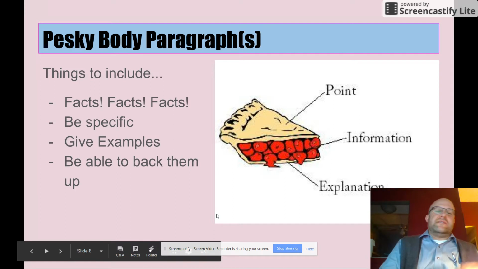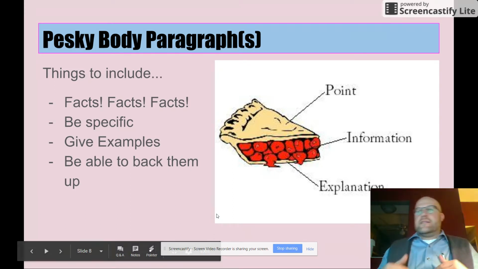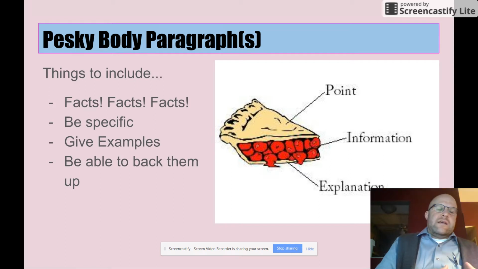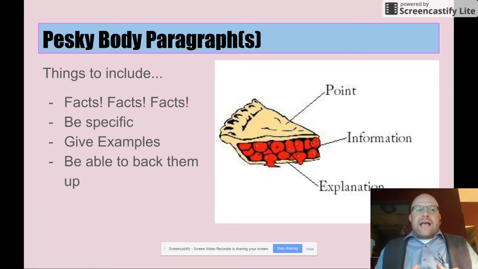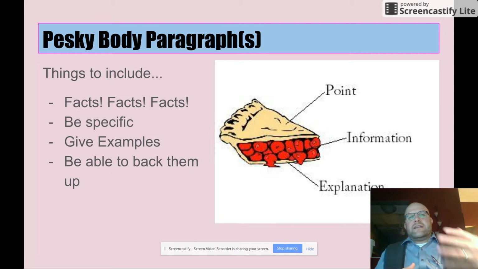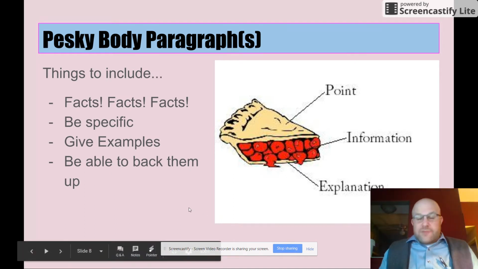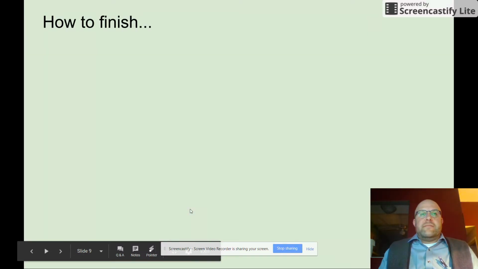So again, when you're getting back to the facts, be specific, give examples, and be able to back them up. For example, when you're talking about the Industrial Revolution, if you want to make the point that while the Industrial Revolution ultimately was a blessing, there were aspects to it that got it off to a not good start, a rough start, so to speak. You might make the point that women and children were exploited for their labor, and then what information do you have to back that up? Use the primary sources, using the ideas that they had to work many long hours for low pay, and could barely subsist, and then coming back out to your explanation. So again, at least 3 facts are going to be needed, and possibly more.